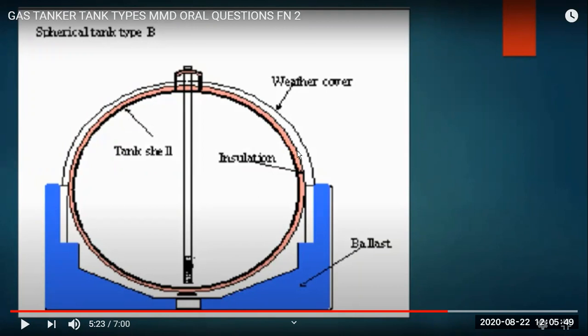This is the primary barrier, and then you have the secondary barrier. And on the deck, on the outside, because this is a very thin membrane, it can be damaged easily by the weather. So we have a protective weather cover, a waterproof cover on the deck. And this is the insulation of the cargo hold. And here is the skirt, which is welded to the hull for support. And here you have the wooden or polyurethane chock. And these are the ballast tanks. From top to bottom they are connected, and you have a centerline bulkhead for division and also the deep well pumps.